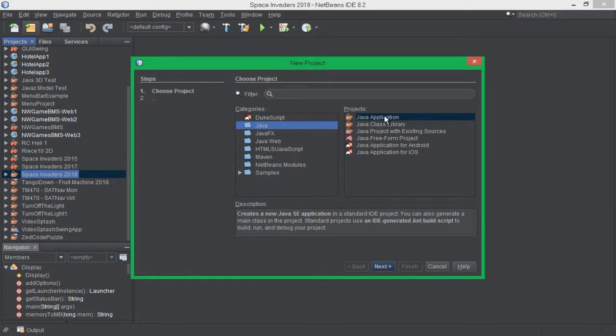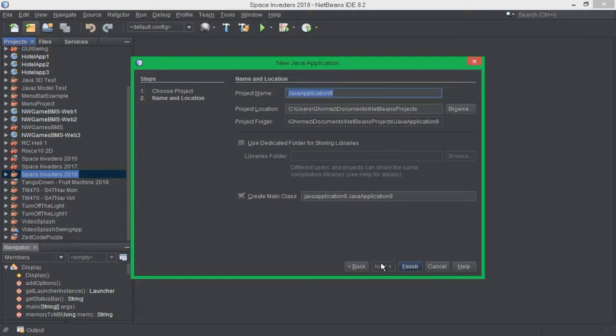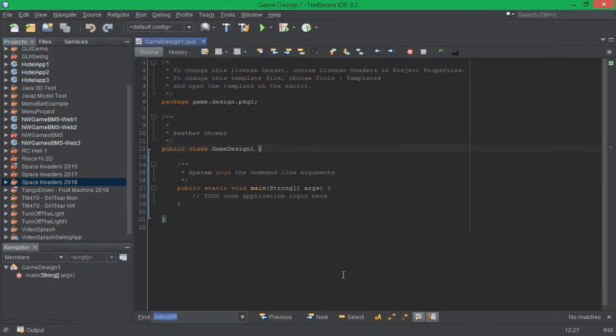We're gonna make a Java application and we're gonna name it Game Design 1. Notice here that the package is taking out the space or spaces and giving it a default name for the main class, Game Design 1. I'm just going to keep a project name like that. Right, so